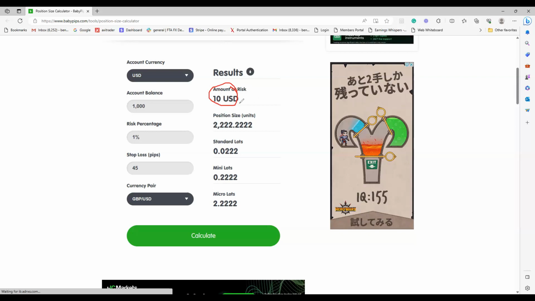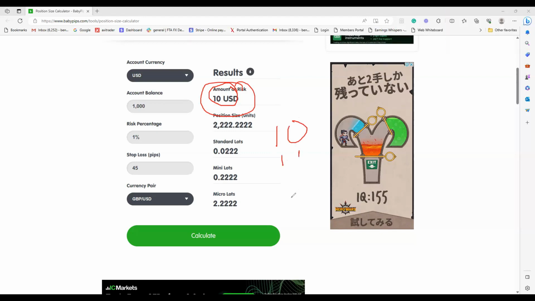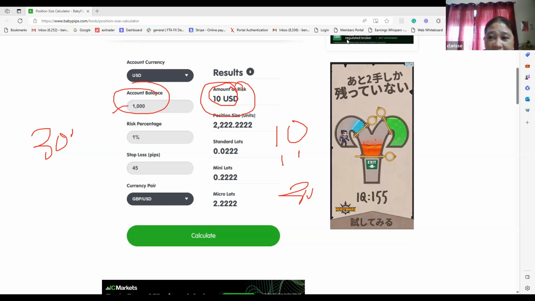So now, if all these three trades don't work out, with GU you lost a maximum of $10, EU you lost how much just now we said? 10. The other one is 10 also. So the maximum loss is only $30 out of your $1,000. You do not have to say, okay, I have an account of $1,000, I want to put aside $300 to trade all this. You don't have to do that. Okay. Now I understand.